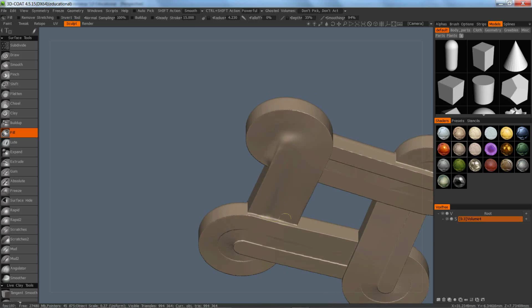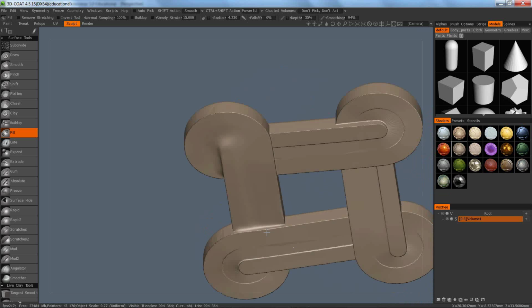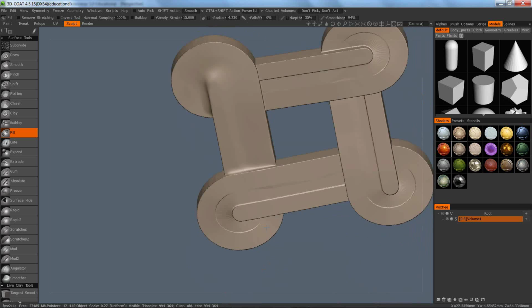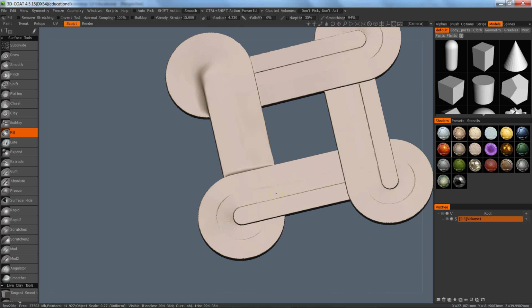A challenge I'll face where each one of these overlap. The fill brush is just going in and putting in material. That's okay. And keep in mind, this is the back of the piece, so there's a limit to how much effort I want to invest